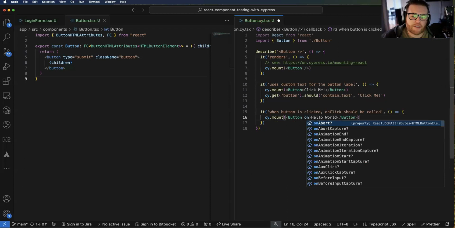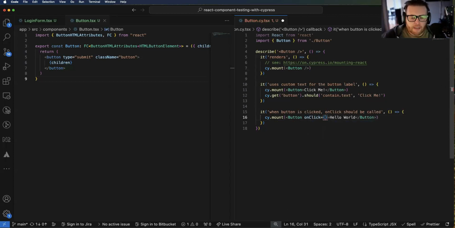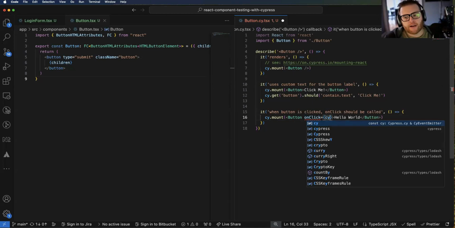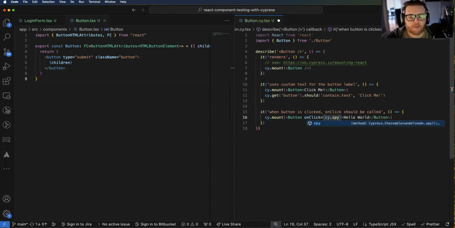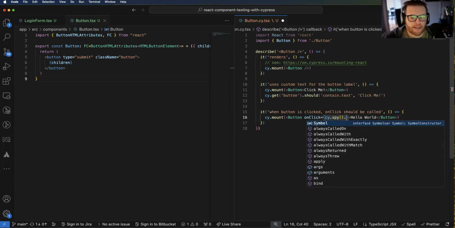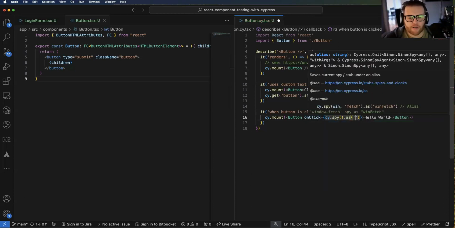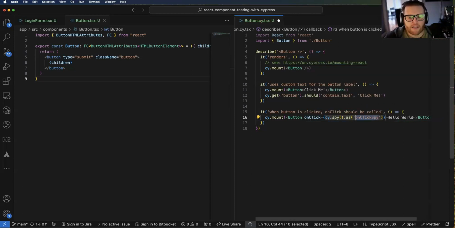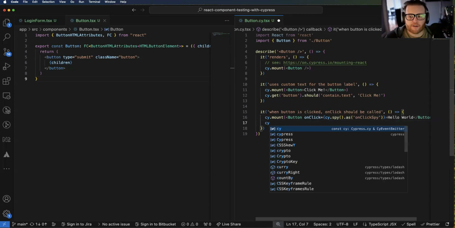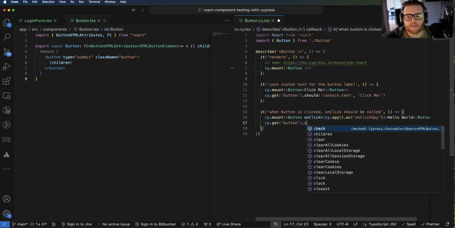And the way we do this is we could just pass in a prop, but the way you can check for a callback function is you can actually pass something in Cypress called a spy. So you do cy.spy, and then you can assign it an alias, a way to say, hey, I want to reference this later, and you do .as, and then you can give it any name that you want. So we're going to call it the onClickSpy. And then we're going to get a button, we're going to click it,